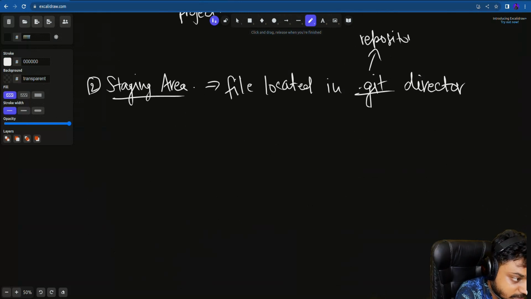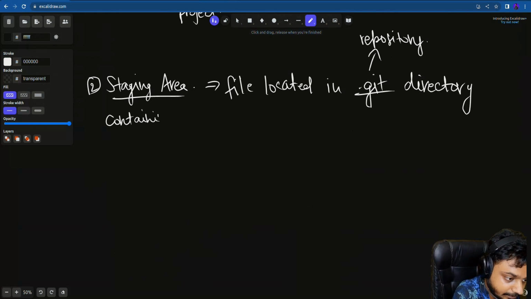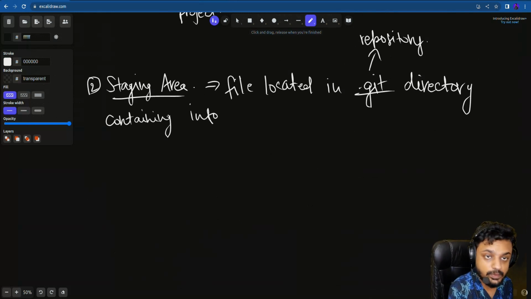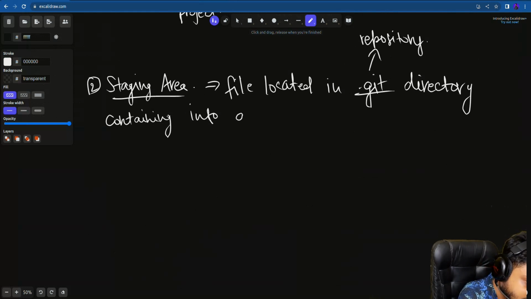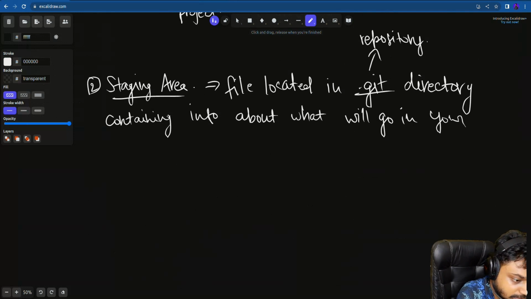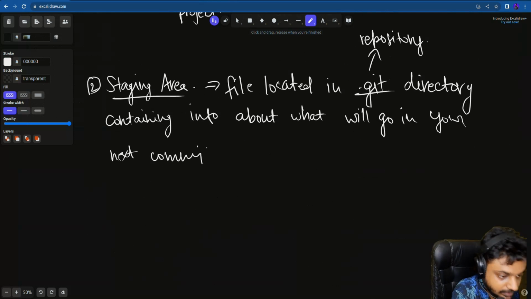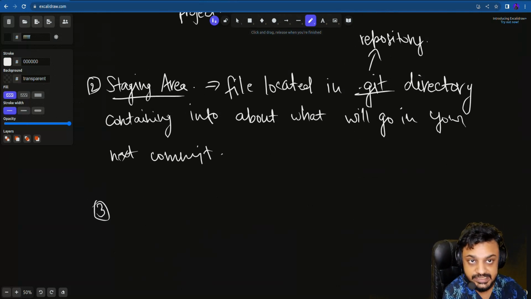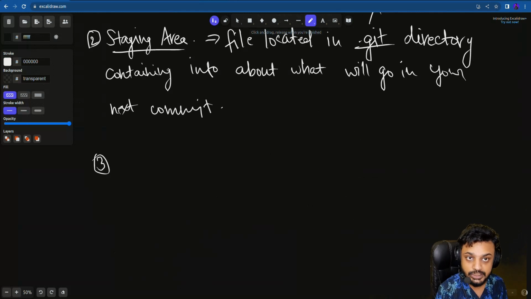So it is a file located in the .git directory containing info about what will go into your next commit. Okay, so that was for the staging area,